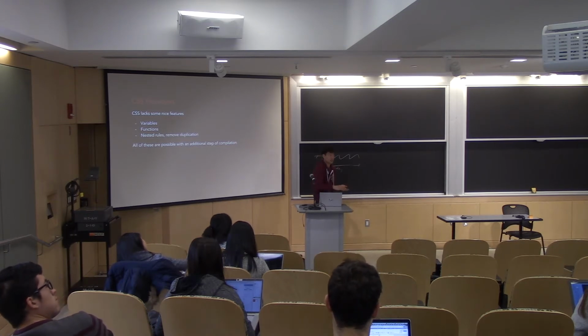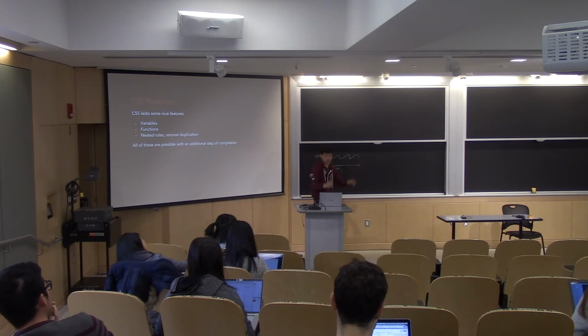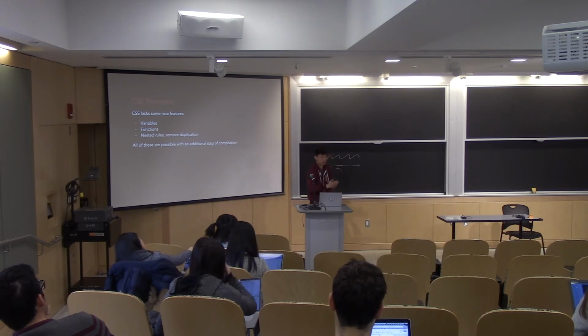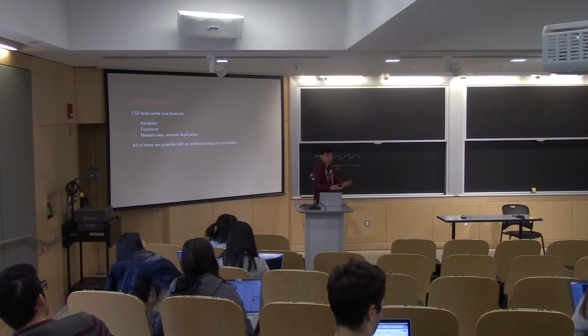key colors. Maybe there's light blue, dark blue, and really dark blue for some decoration. And now you have these 3 special numbers that represent your colors, and you need to copy paste them everywhere. But what if you want to change the shade of blue slightly, ever so slightly? Then you need to go through all your CSS and search and replace all your numbers representing that color